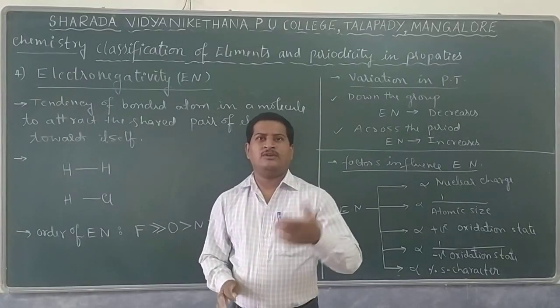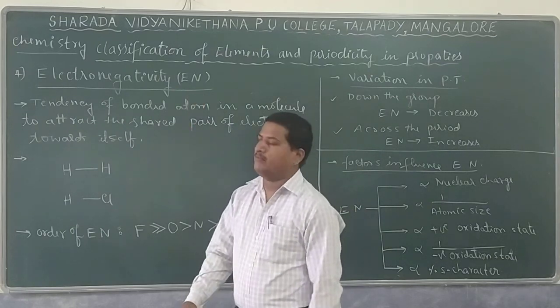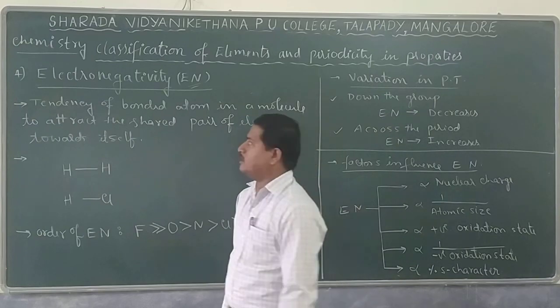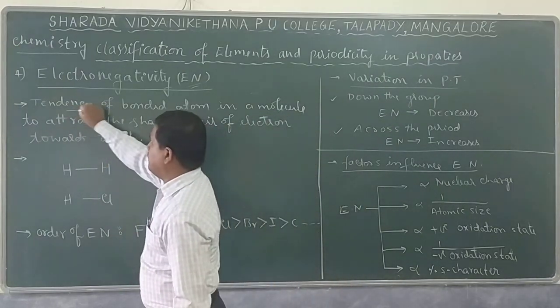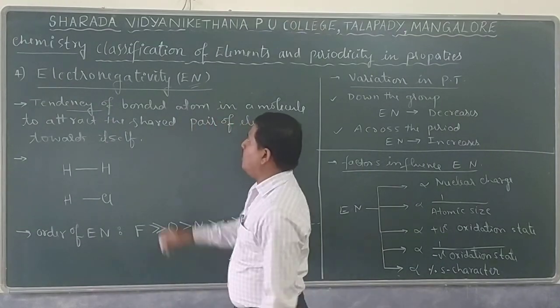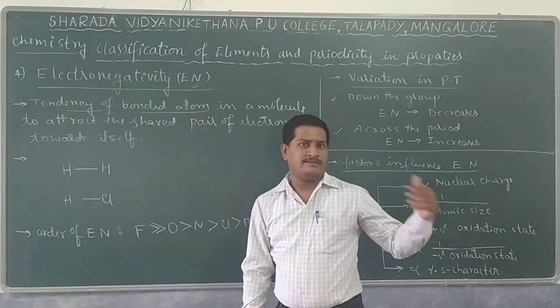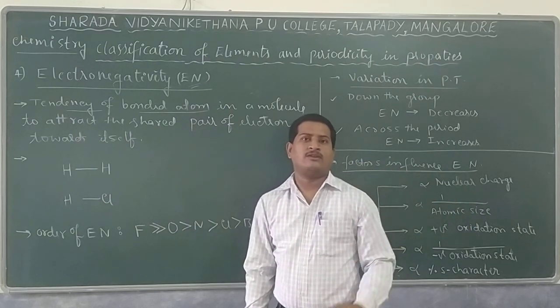Let us see the fourth periodic property, that is electronegativity. Electronegativity is simply written as EN. What is this electronegativity? It tells about the tendency, that is, the capacity of a bonded atom. Remember, in the previous three cases, size as well as ionization energy, and also electron gain enthalpy,